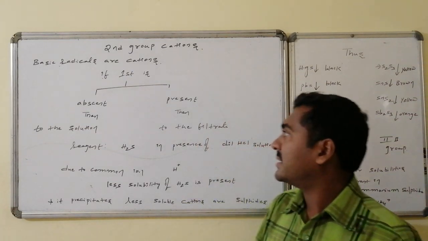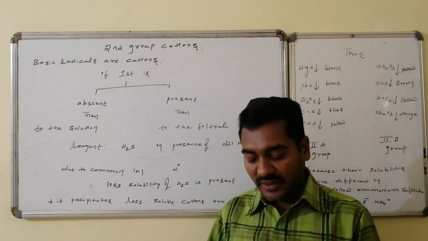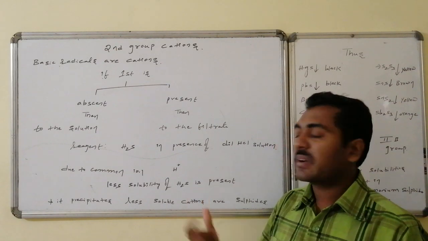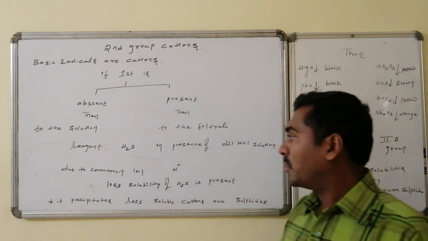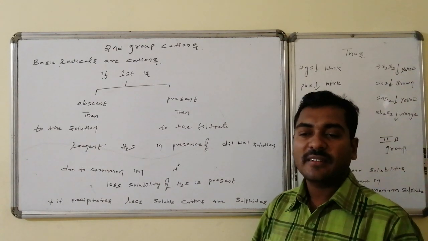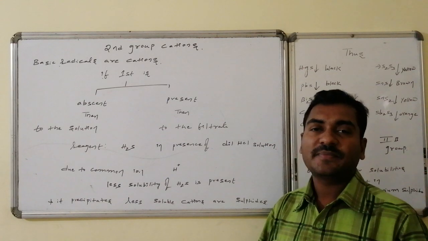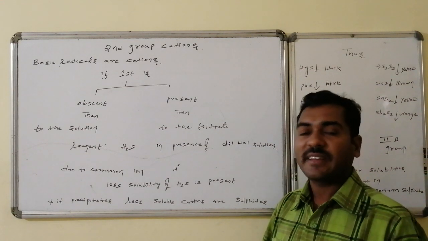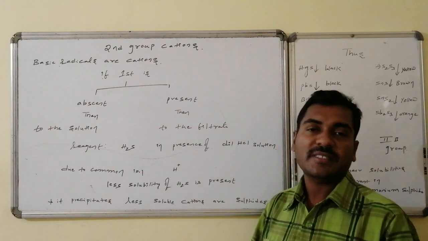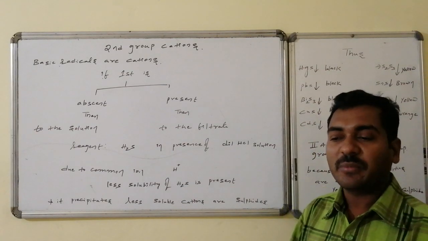Here, the group reagent is hydrogen sulfide gas, along with dilute HCl solution. The purpose of adding HCl is that both hydrogen sulfide and dilute HCl have a common H+ ion. Due to the greater dissociation of the strong acid dilute HCl, the ionization of the weakly ionizing H2S decreases. As a result, a smaller amount of sulfide ion is available.